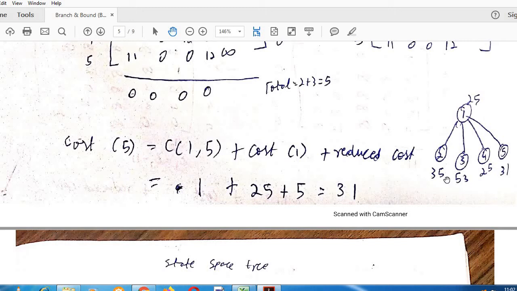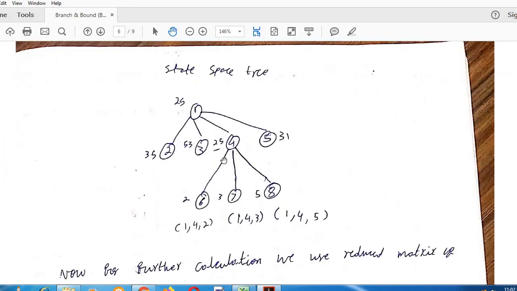and I will ignore the upper bound nodes. So this is called pruning. We will not proceed with any of the upper bound nodes. We will only consider the lower bound node, and we will further traverse from this particular lower bound node. As you can see, we select the lower bound node and ignore or prune the upper bound nodes, and we will try to traverse from node 4 to the remaining cities.